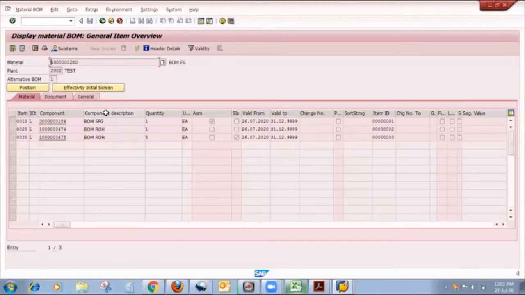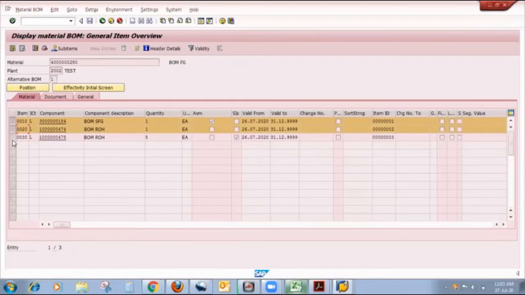That is, my base quantity is 1, and for producing one quantity of finished product, I require this first item quantity 1, second item quantity 1, but third item quantity 5, because my base quantity is 1. Suppose my base quantity is 2, then I have to make changes here.